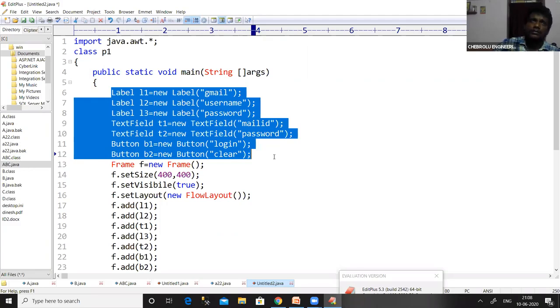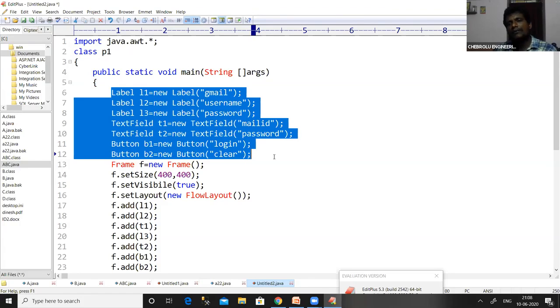In order to display something on the output screen in Java programming language, we have used a method called println, as in System.out.println, which will display something on the output screen. Similar to that, while we are using AWT components, if we want to display something on the output screen, we have to use the Label class. In Swing, while we want to display something on the output screen, we have to use the JLabel class. We have to create an object for the JLabel class.